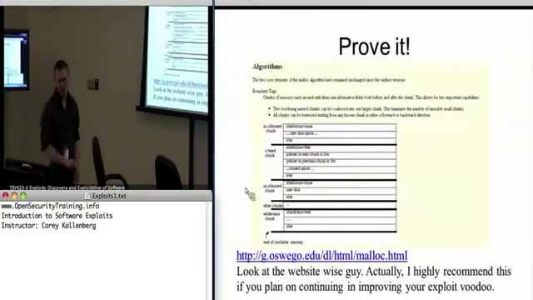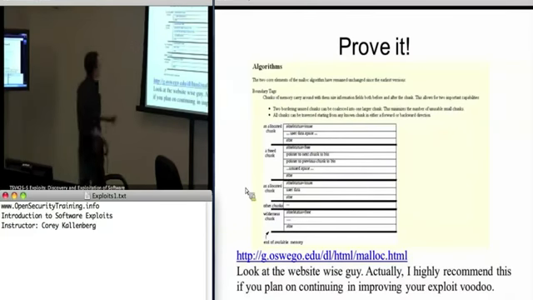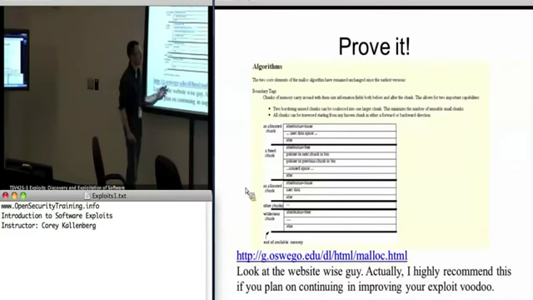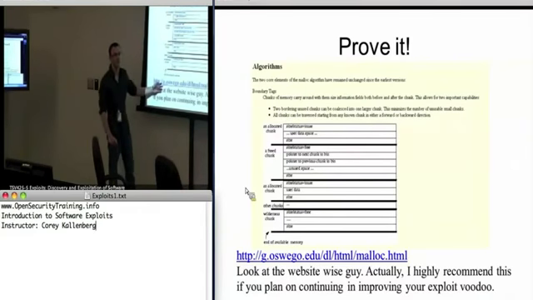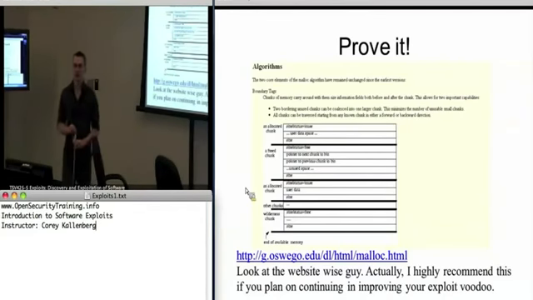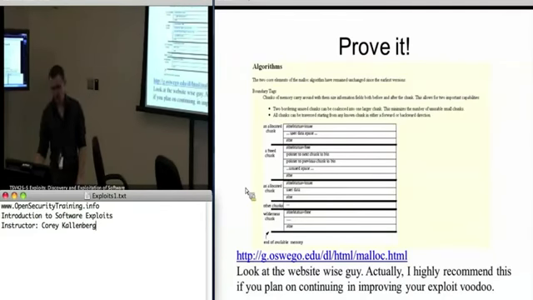If you want to become an exploit aficionado, I would suggest that you read articles like this because, like I said before, knowing the gruesome details of how memory allocators work is critical to being able to exploit heap overflows. And these days, a lot of overflows happen on the heap, not on the stack, because programmers are more aware of overflows happening on the stack, and stack overflows are maybe a little bit easier to find than heap overflows. And heap overflows are growing in number a little bit more